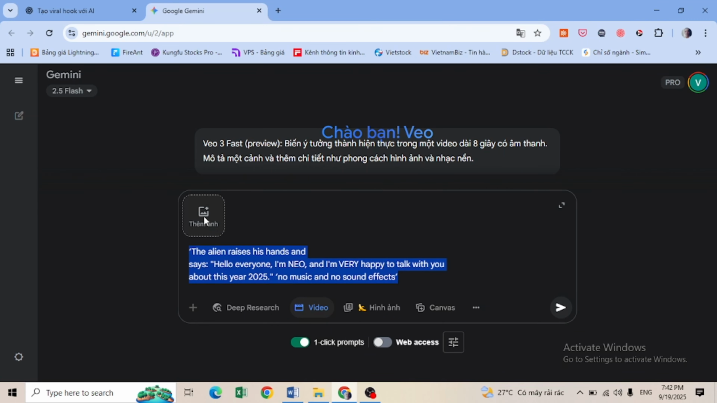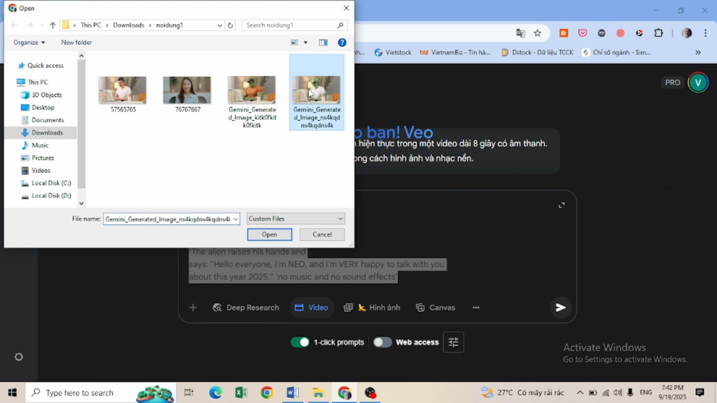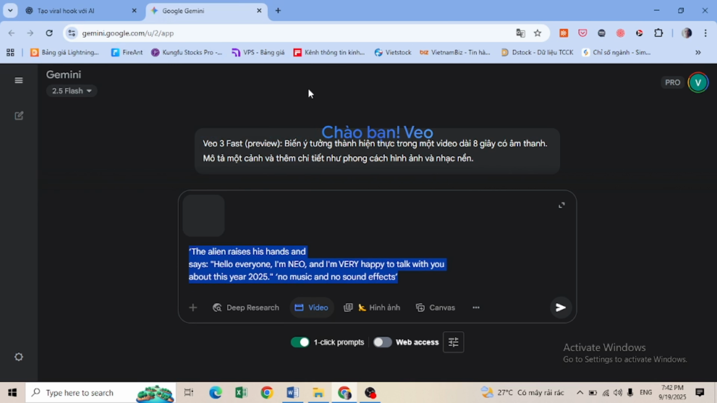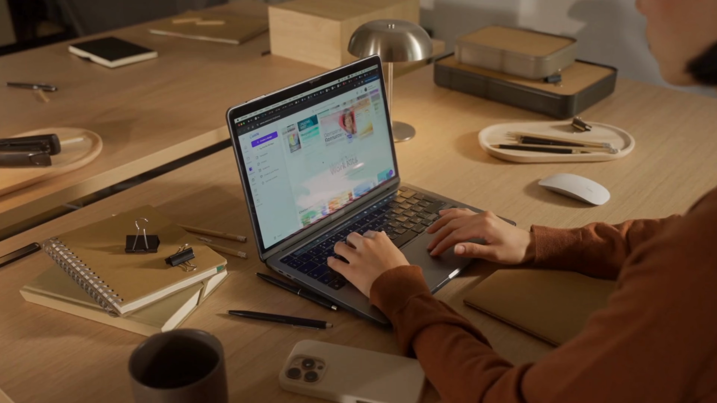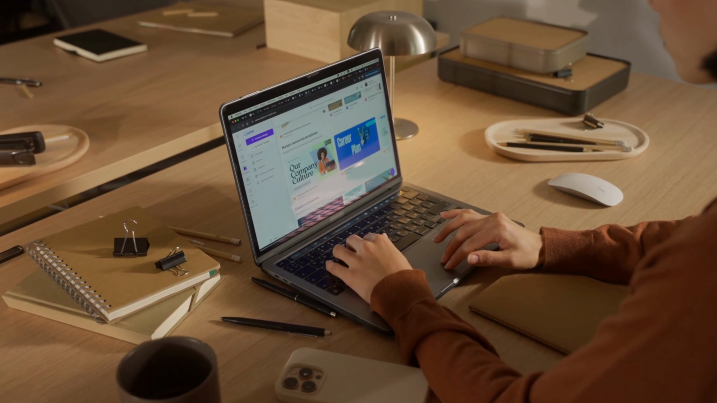Now let's take this alien image into V3. Inside V3, open the menu and select Frames to Video. Click Upload. Select the alien image we just made, crop it nicely, and hit Save. Here's where the magic happens. We're going to give V3 a clear prompt describing what our alien should do. Mine says,